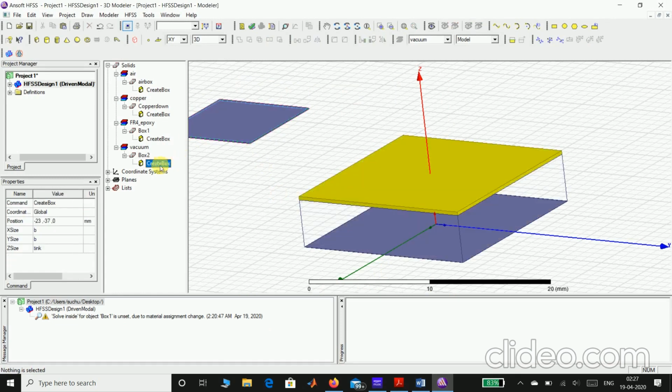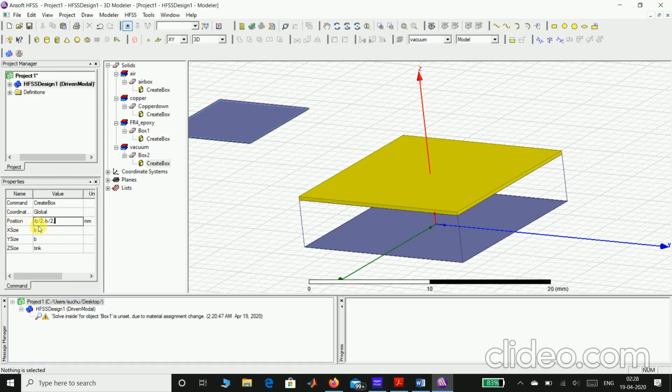So go to create box, we'll assign it the position. Again the position, now this time the position is with respect to minus b by 2. I'll let you know why I'm taking minus b by 2. Many of you may have understood this, but let me write it first, then I'll explain.